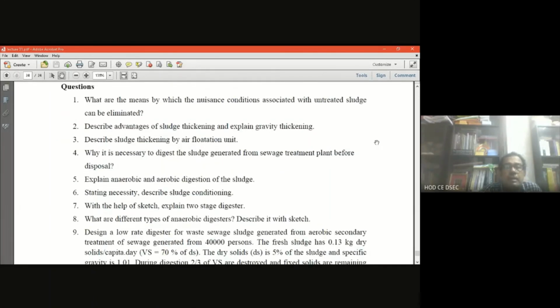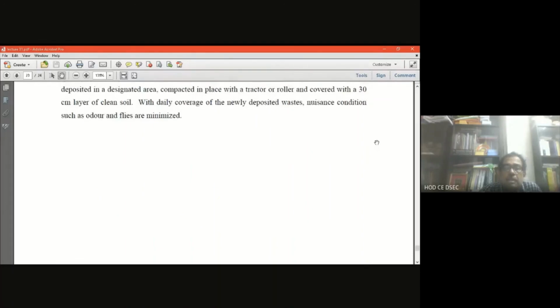And this is all about sludge handling and disposal. More or less we have covered it as per your syllabus. Mainly, if you see your syllabus map, it was sludge thickening, then sludge digestion or stabilization, then the sludge drying bed, that is the dewatering part. In addition to that, in the conclusion part I have covered mostly all the things. We have covered sludge hygienization also.